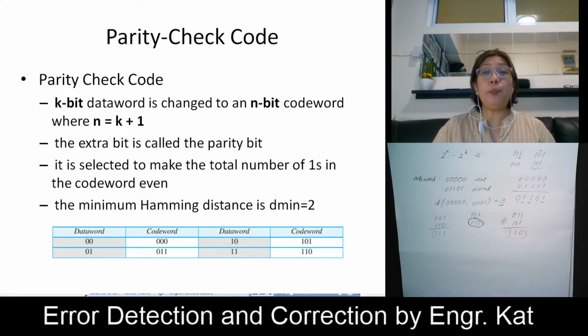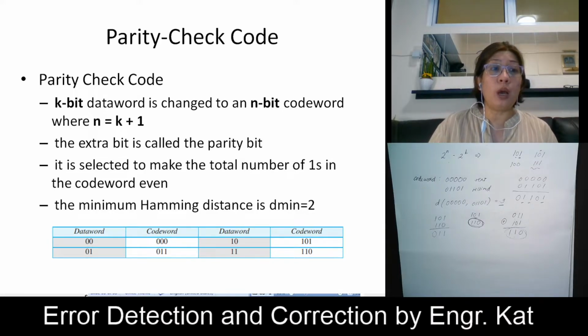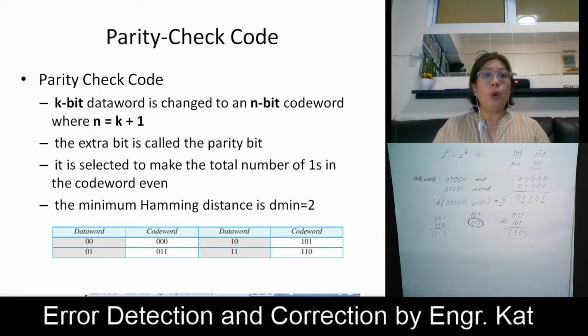The parity bit is selected to make the total number of ones in the code word even. This parity check code is also under the linear block code. Although some implementations specify an odd number of ones, for our discussion we will be considering an even number of ones. In some other books or references, you can also consider an odd number of ones. In the parity check code, the minimum Hamming distance is 2. Why? Because